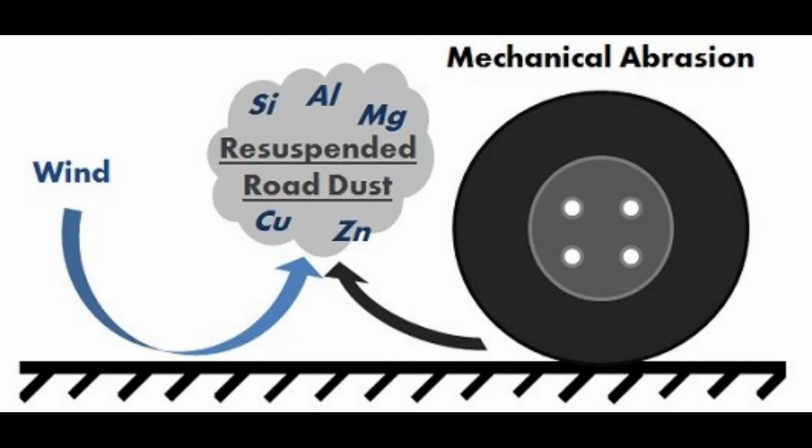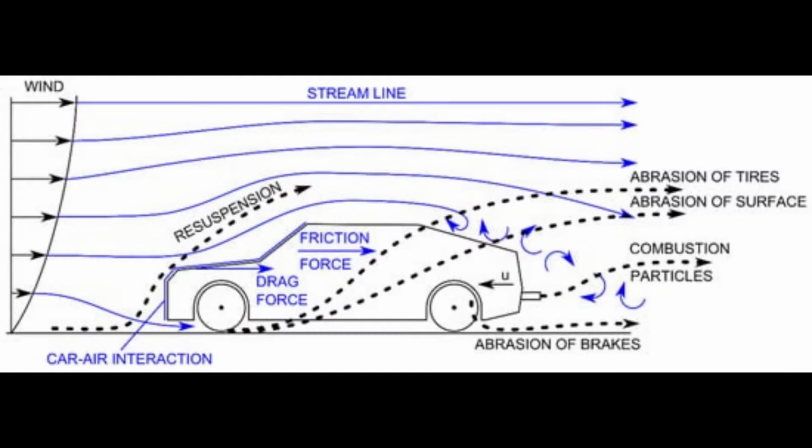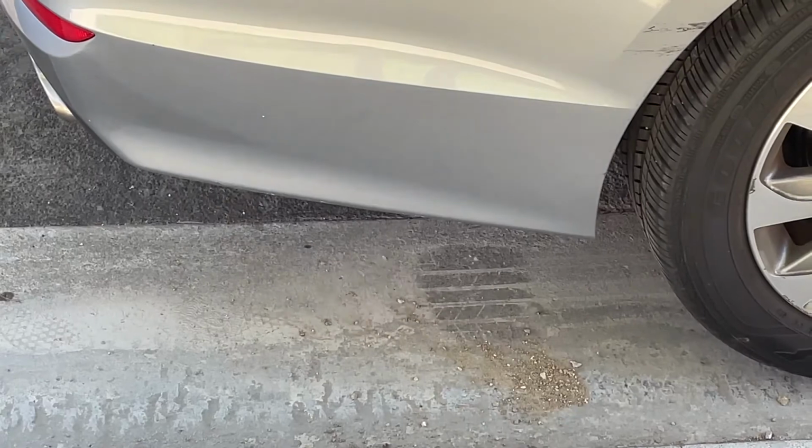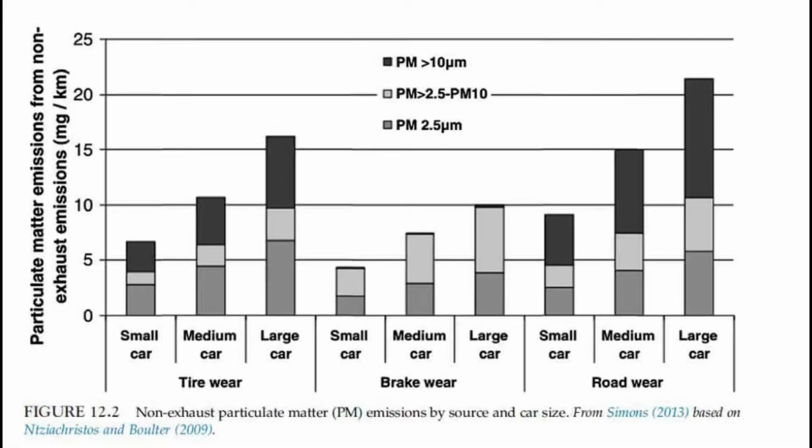Roadway resuspension. This is a process where cars on roadways kick up microscopic particles of brake dust, tire wear, and asphalt, destroying our ecosystems and poisoning our airways. This process is the single largest cause of particulate emissions from vehicles, and heavy EVs only increase this type of